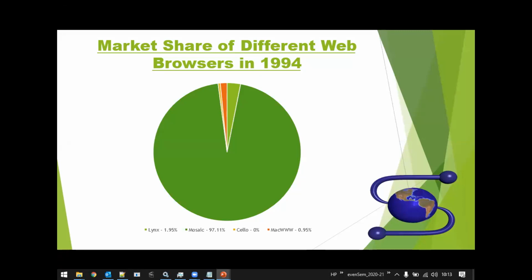A lot of new features came in, which nowadays we may feel are mandatory for a web browser to have. But during that time, it became a standard, and based upon that, other companies started looking into those features and tried to develop their own web browsers.